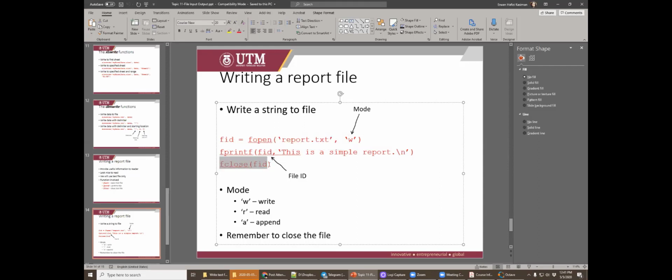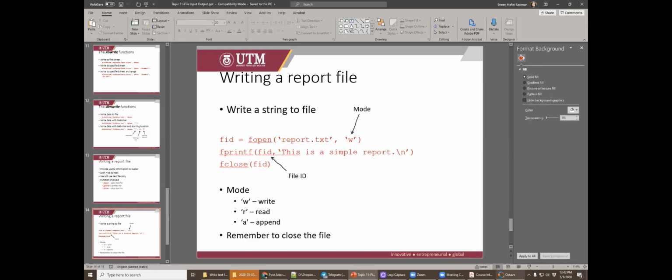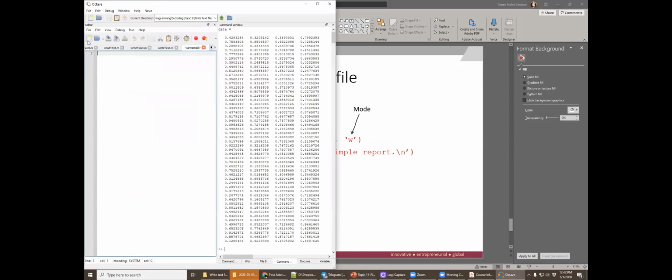And then we close the file. If you don't close the file, you cannot write to the file. There will be some error. So the main thing in writing a report file is first you need to open the file using fopen, write something using fprintf, and then close the file. Okay. Let's do some simple examples. Let's say that we want to write a simple